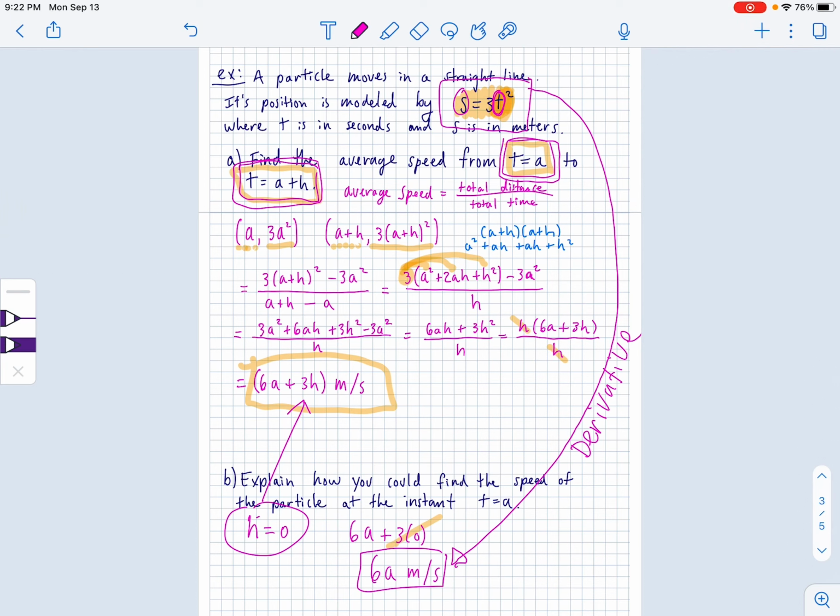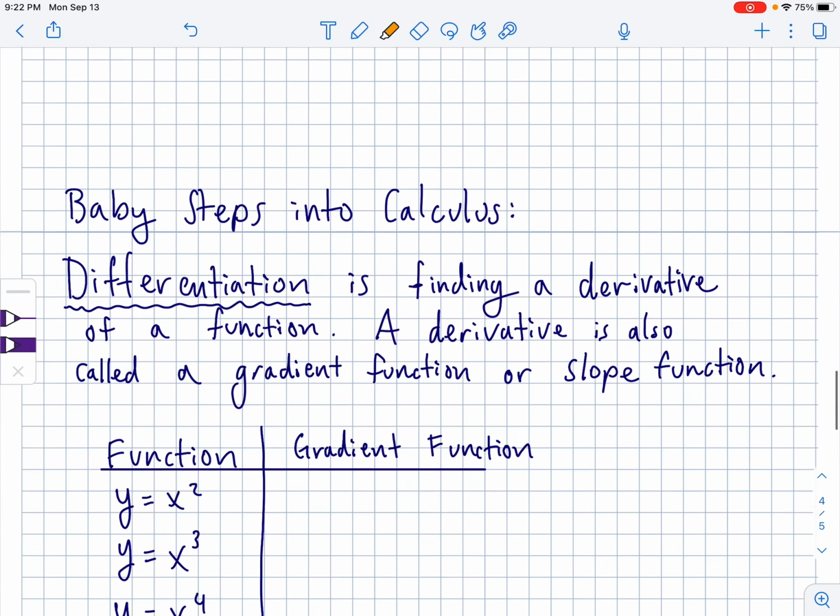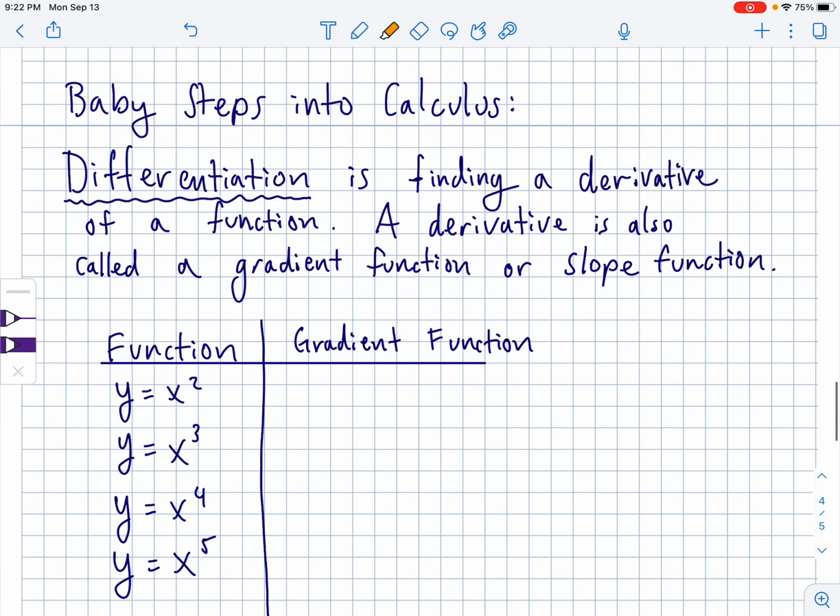I'm going to teach you guys a little bit of an easier way to find a derivative, so you don't have to do all this right here. But you will be expected to do maybe one problem like that down the road, but most of them will be using the tools we teach you. Speaking of those tools,